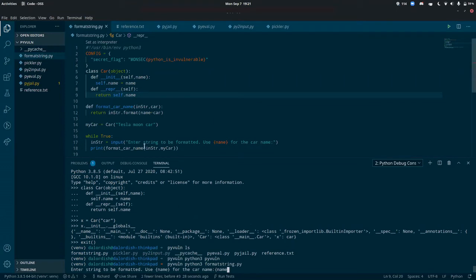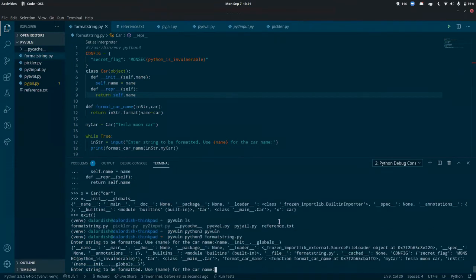It replaces anything that's name with my car. So now we should be thinking, okay, it's my car that we're executing from here, dot __init__, that's nice, dot __globals__. Let's try that. Okay, we've got our globals, that's working. And we can see config here.